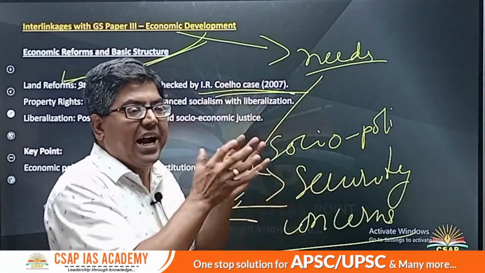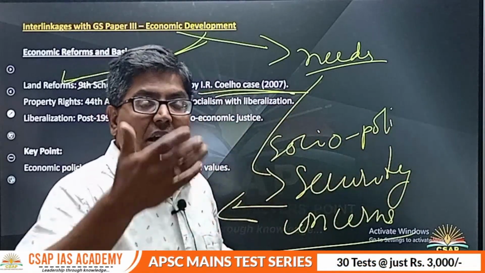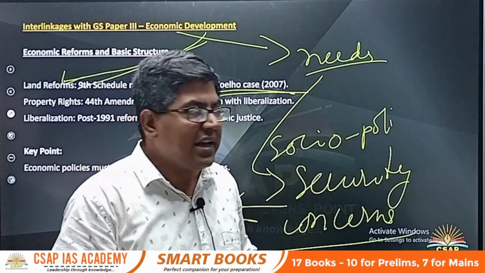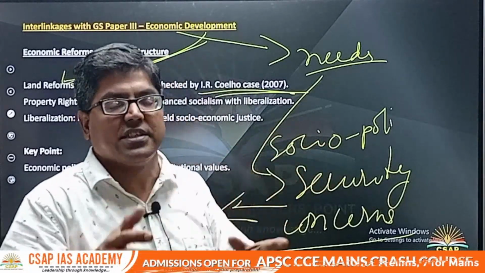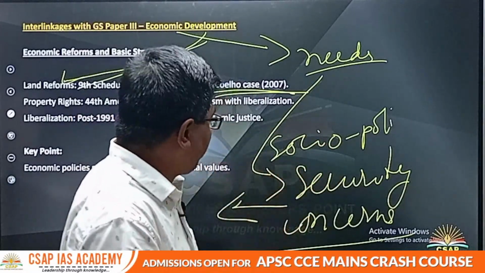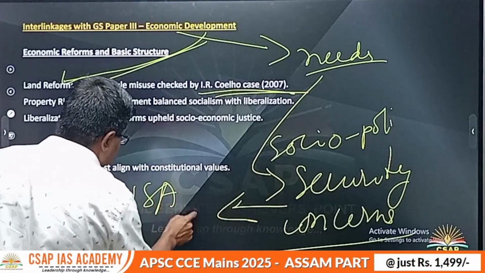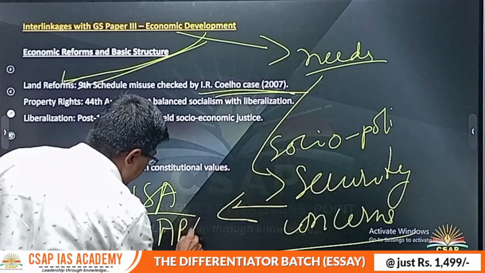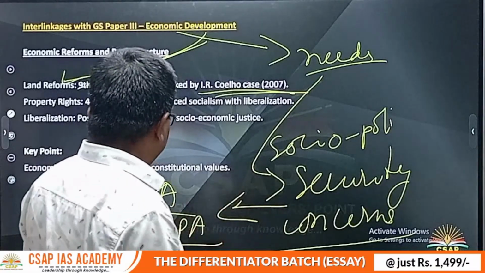So how do we understand the interlinkages? Now both these are important for us. Right to privacy is also important, which is again one of the fundamental rights, and security is equally important to address security concerns. So you may have various acts, the National Security Act, UAPA. So how do we understand all of this?